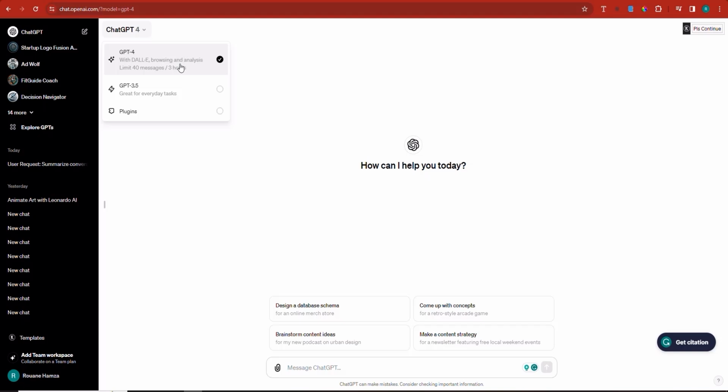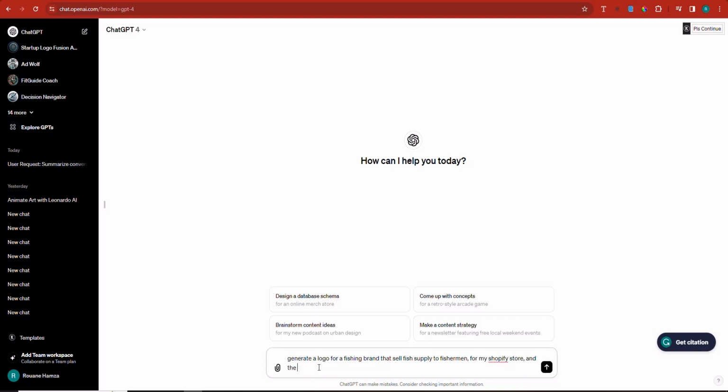Now, GPT-4 has one of the best options, which is to generate images using DALL-E 3. So if I click right here on GPT-4, I can generate an image. So I can ask it, generate, so let's let this be our prompt: Generate a logo for a fishing brand that sells fish supply to fishermen for my Shopify store. And the name of the brand is